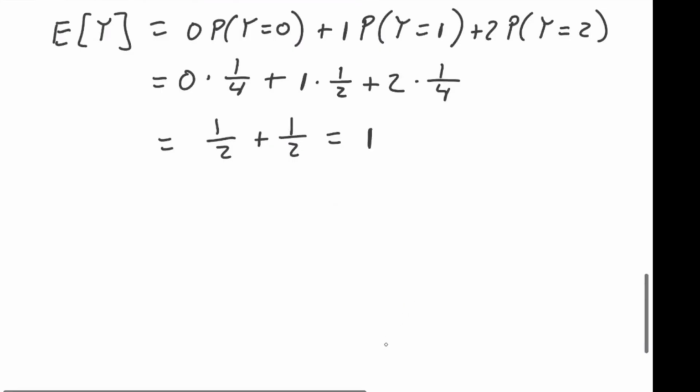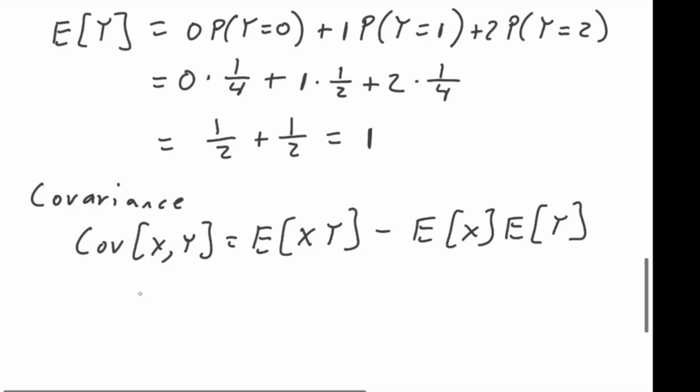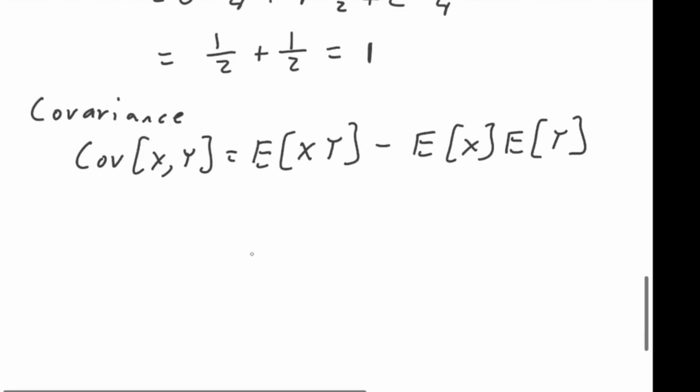All right, so from this, let's go ahead and look at covariance. And we already know that the covariance can't be 0. But remember, covariance of x and y is equal to the expected value of x times y minus the expected value of x times the expected value of y. Okay, so of course we have to find the expected value of xy in order to find the covariance. So we have the expected value of xy is equal to, so this will be 0 times 0,